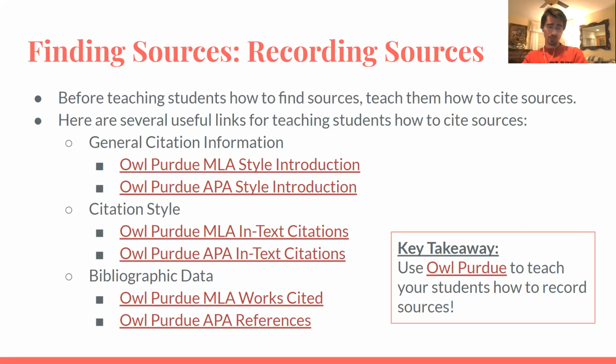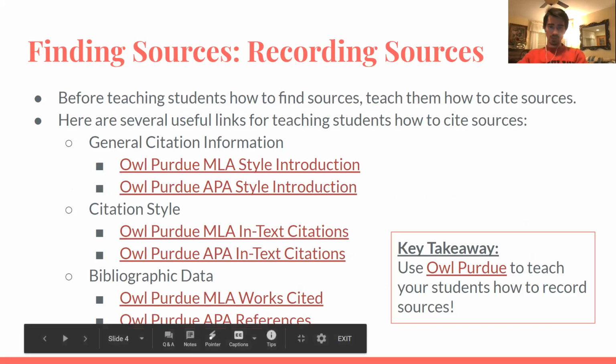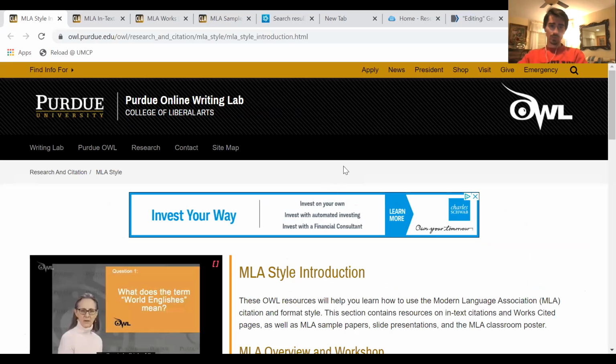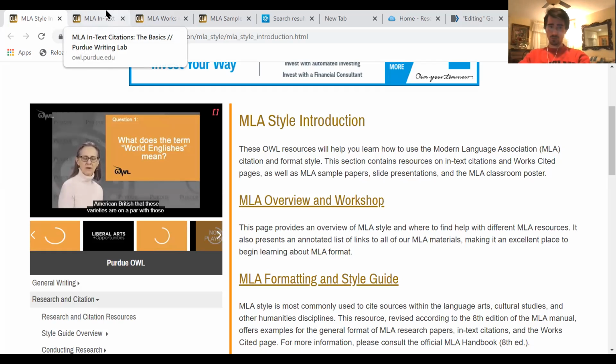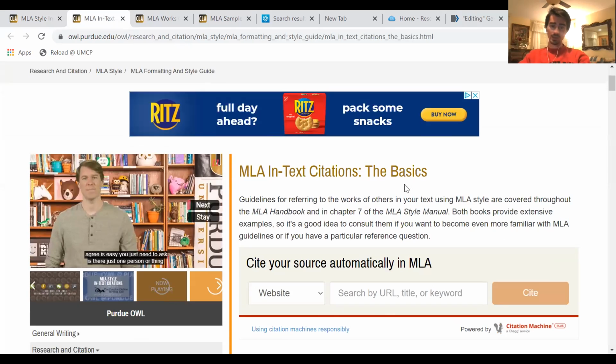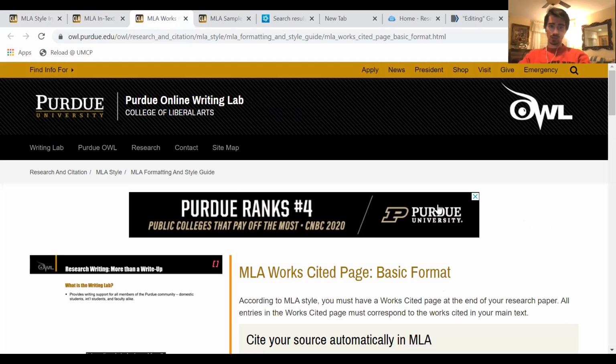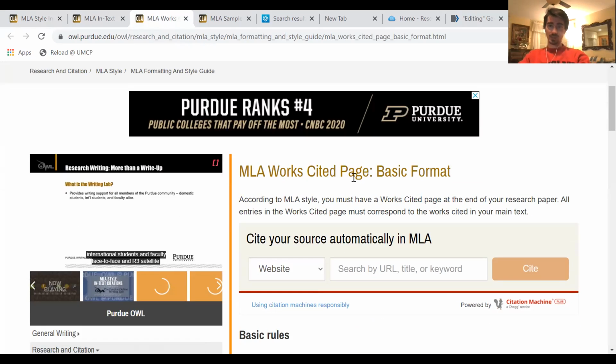And on this slide, what I've done is I've just linked a whole bunch of relevant links to style guides for MLA and APA. And let me navigate over to some of those pages. The first link is just the MLA introduction, the MLA style guide introduction. In English 101, we use MLA. So this is going to be really valuable for you guys. And the links that I think that you should focus the most on, the first is the in-text citations page, as well as the citation page